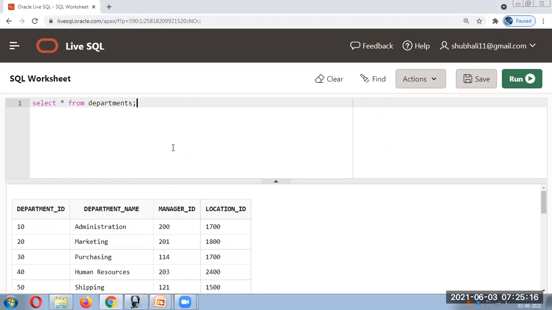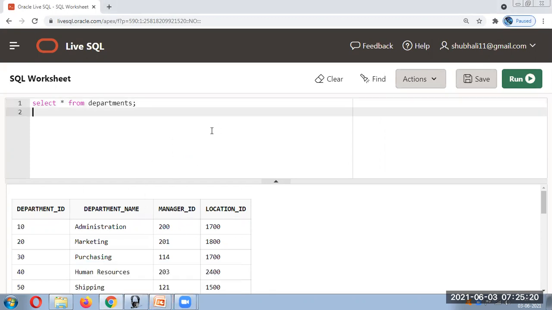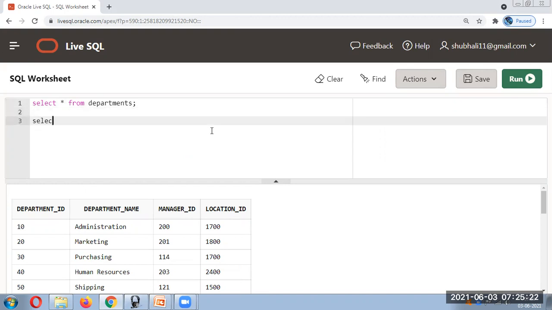If you want a single column, let's say I want department name, I would simply write select and then specify the column name, department name, from and then the table name.